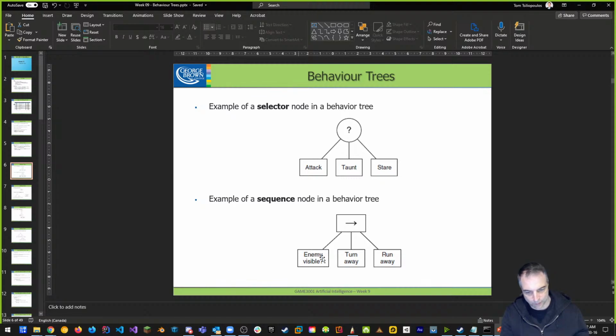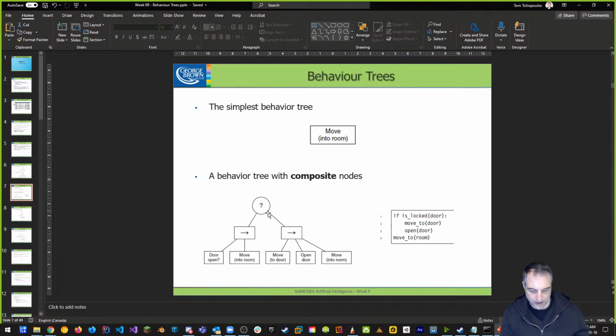Example, is the enemy visible? No. Failure. It returns failure right away. If I can't see the enemy, I can't turn away and I can't run away, because this requires that the enemy is visible. Each node requires that the previous step in the sequence is complete and successful before I can move to the next step. Okay? So going back to a more complex tree then, if I combine a sequence and a selector,